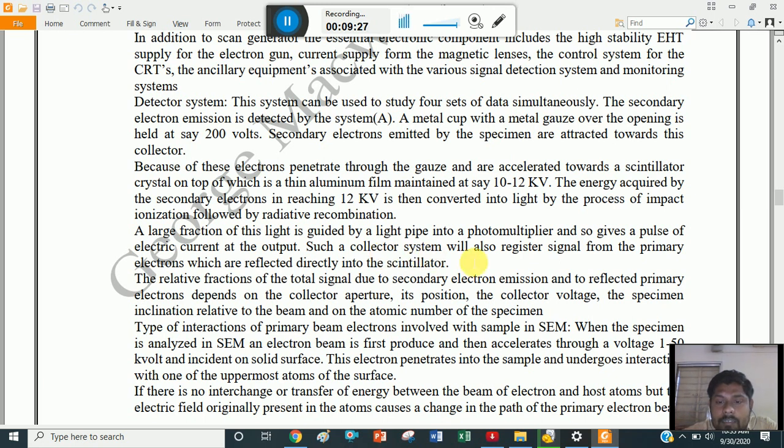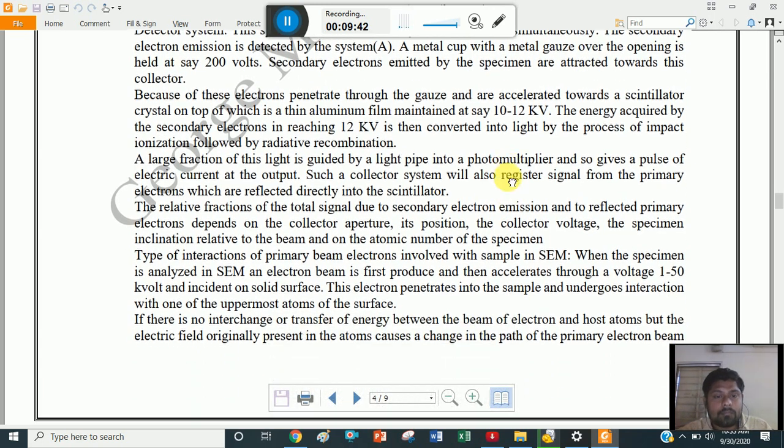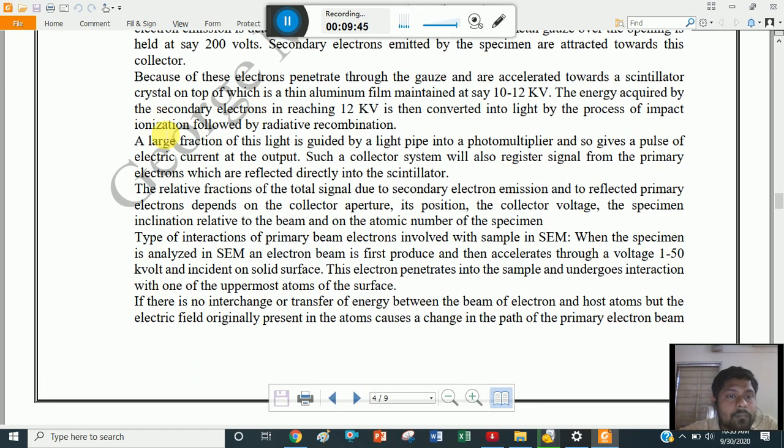Such a collector system will also register signal from the primary electrons which are reflected directly into the scintillator. The relative fraction of the total signal due to secondary electron emission and to reflected primary electrons depends on the collector aperture, its position, the collector voltage, specimen inclination relative to the beam, and on the atomic number of the